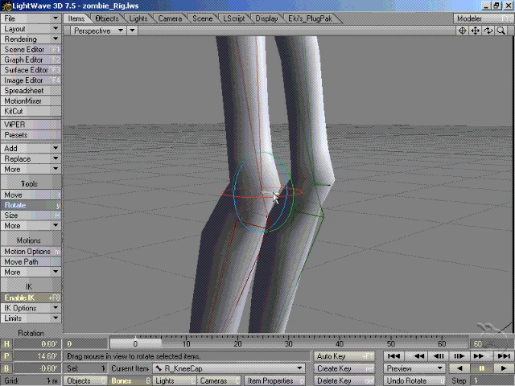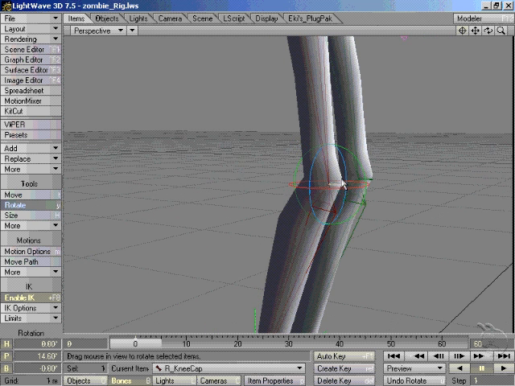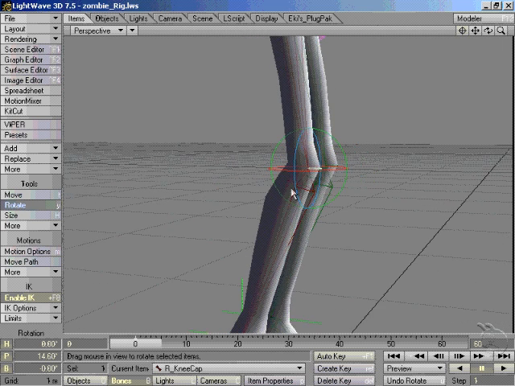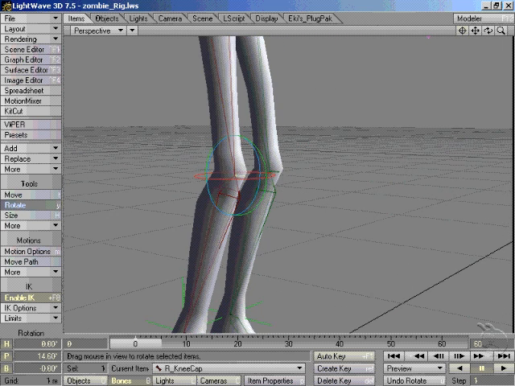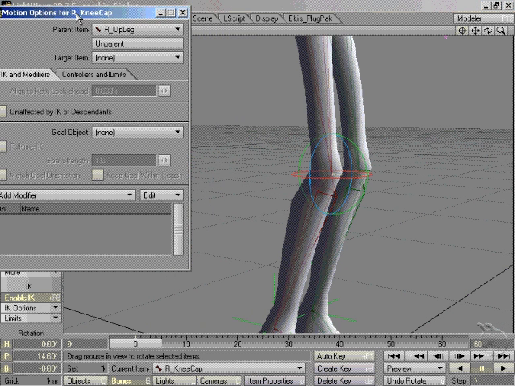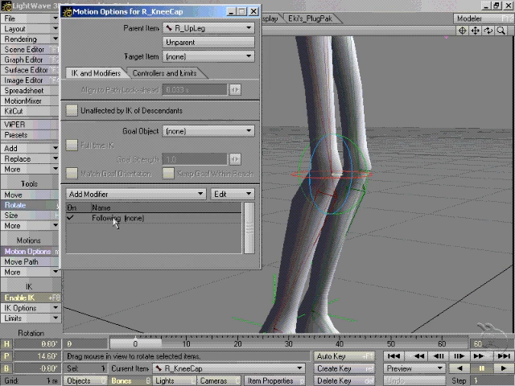We're going to apply follower to the kneecap bone so that when this bone, the lower leg bone, is rotated, this kneecap bone rotates a little bit with it, and that's going to help us keep a little bit of form in our kneecap, keep it poking out just a little bit. So I'm going to go in here to motion options, and I'm going to click add modifier and add follower